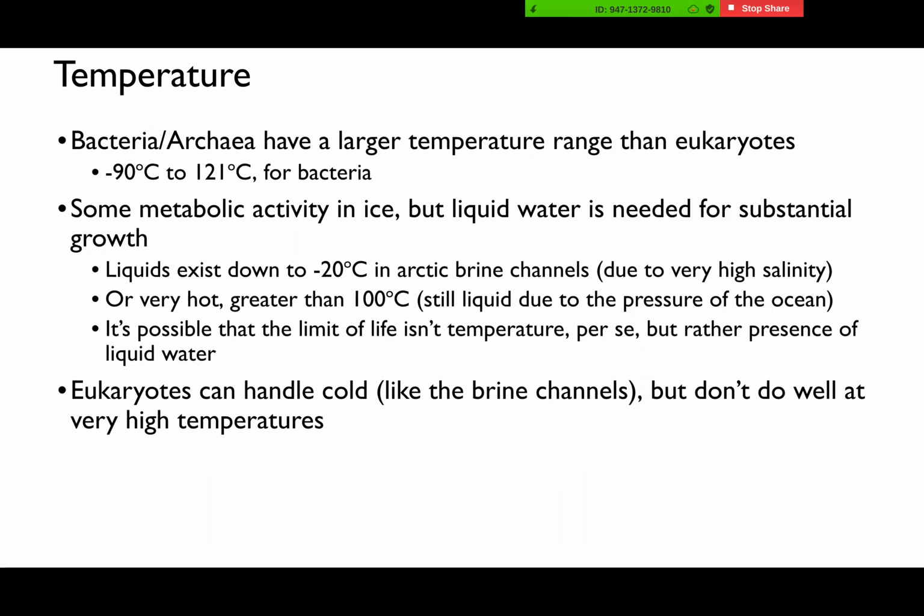So that's water. Temperature is another important factor. Temperature is a pretty broad category for microbes. Most microbes can grow over a relatively sizable temperature gradient, but most bacteria and archaea have a large temperature range relative to eukaryotes. And so